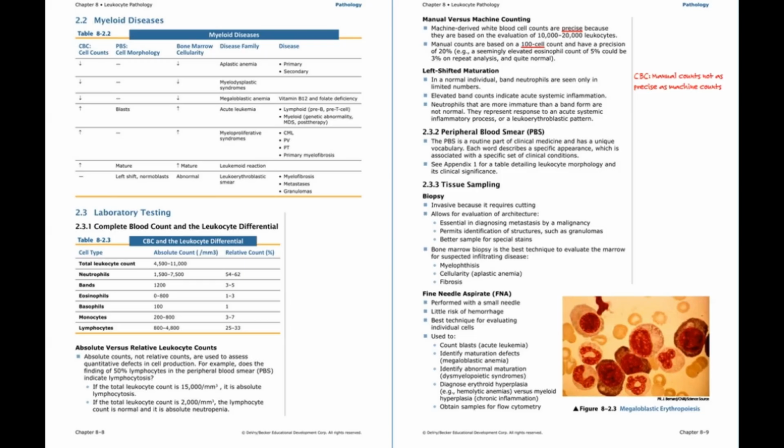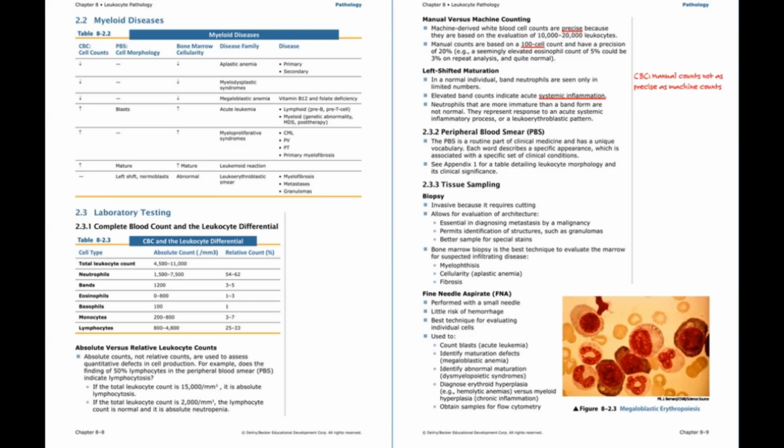So left-shifted merely means that you have immature forms, and the importance is this is not demargination, as we discussed earlier, but this represents true systemic inflammation. So remember that the peripheral blood smear is just an absolute routine part of clinical medicine, and it has its own vocabulary. And the only way to really master this vocabulary and the morphology which it is dependent upon is to